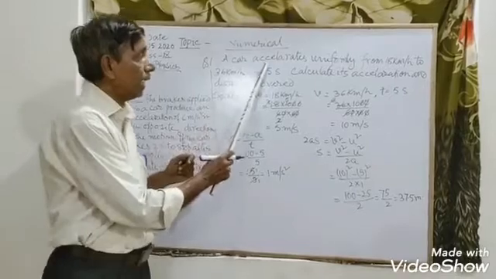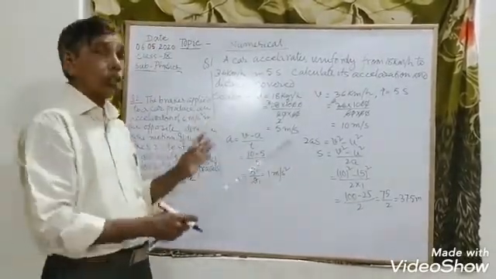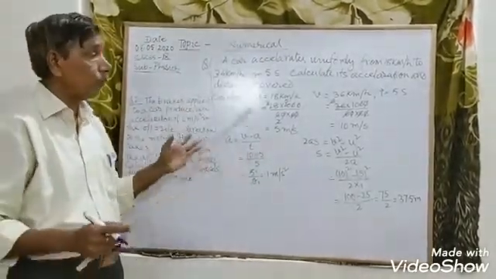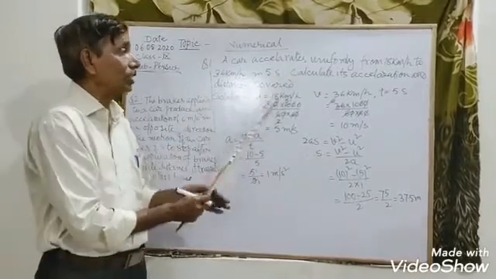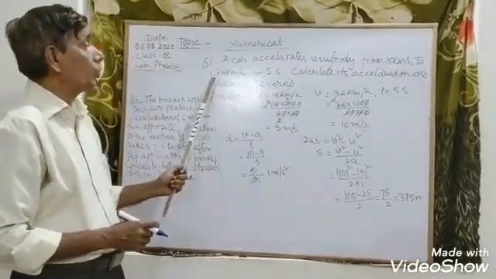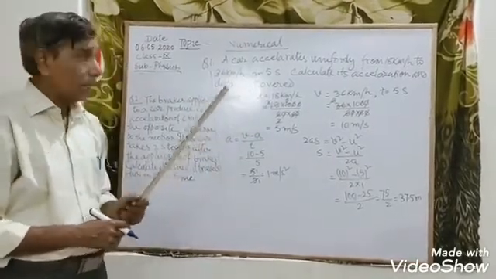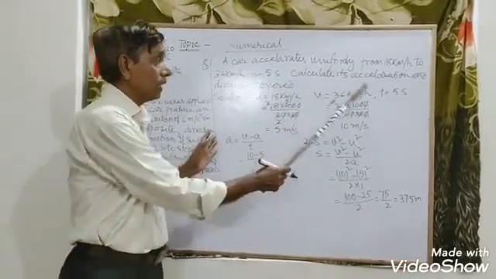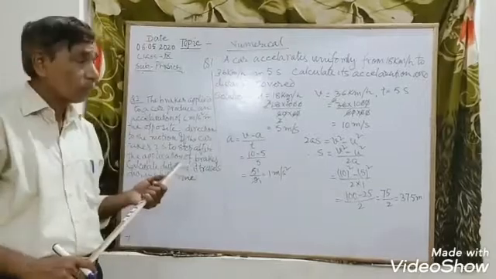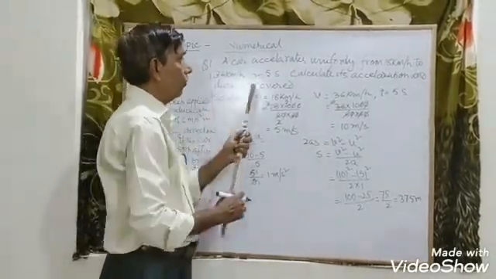First you see the acceleration. What is acceleration? The rate of change of velocity is called acceleration. So from 18 kilometer per hour it is increasing up to 36 kilometer per hour in 5 seconds. And after calculating the acceleration, you have to find out the distance covered by the car. So just see in the solution, what do you find here?